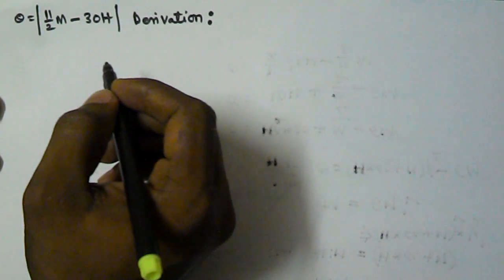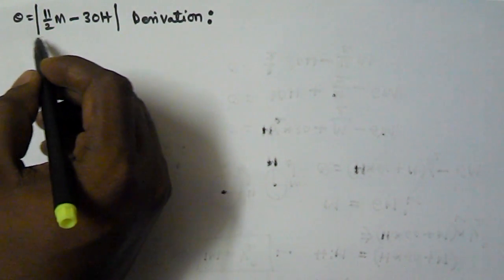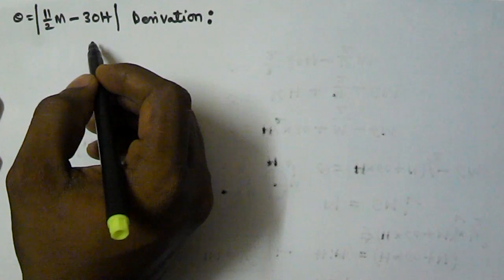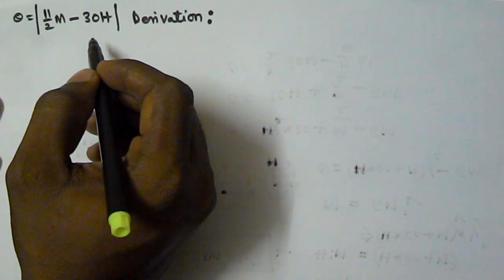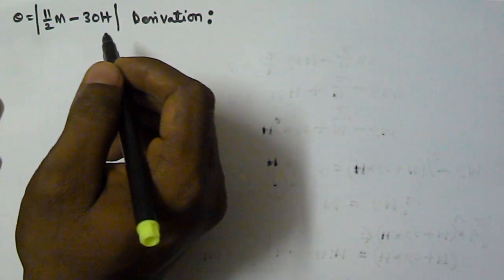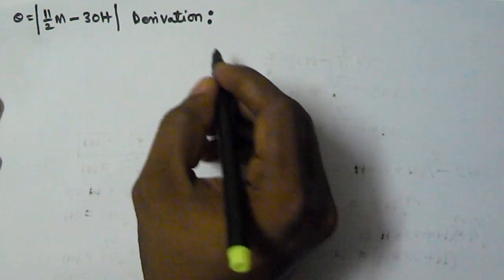Hello friends, in the previous video on clocks I said we can use a shortcut formula, theta is equal to 11 by 2 m minus 30h, to find the angle between two given clock hands, right? So in this video we will see how we can derive this formula. So if you take a clock,